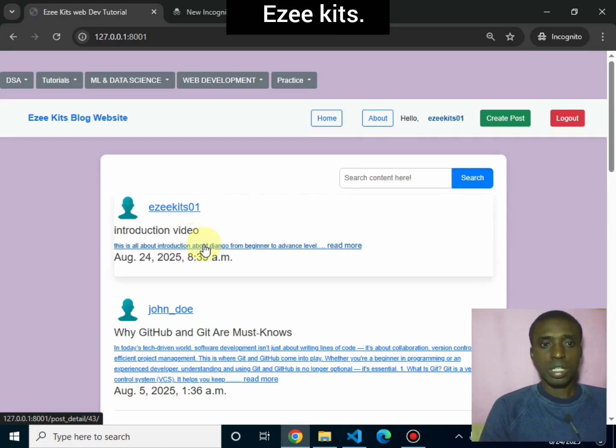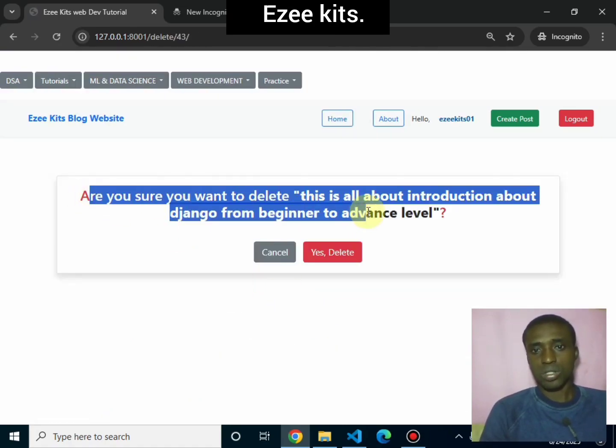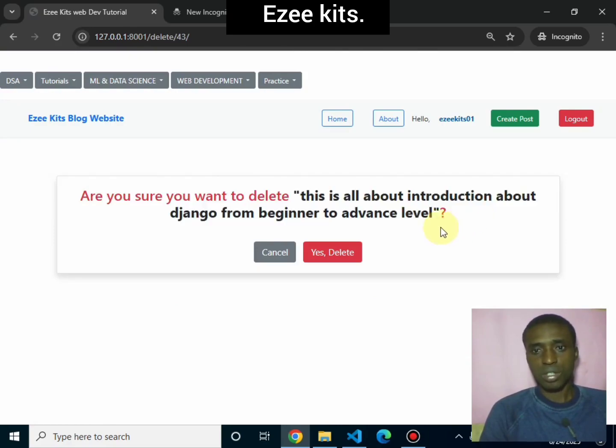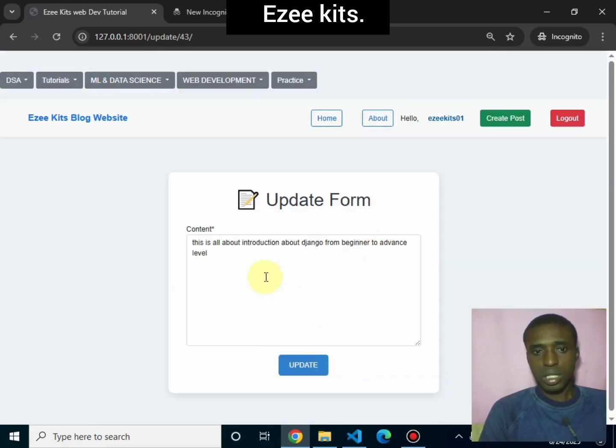So you can also click on this. You can also delete the content. Are you sure you want to delete this introduction from Django to advanced level? You can say yes or cancel. Let's try updating it. Let me go to update. You can say